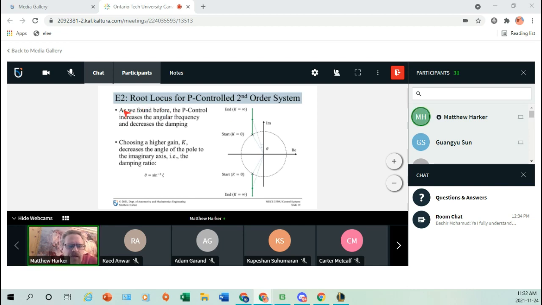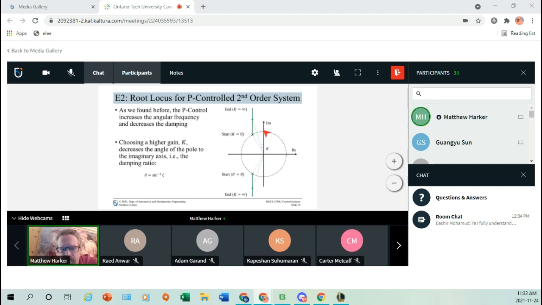Okay, so when we looked at that P control now several weeks ago, what we found is that the P control, by increasing the Kp, would increase our angular frequency, which is exactly what's happening here. So we're going up this axis, which is saying that the angular frequency is increasing, and then our damping is being decreased, which is again basically that angle from